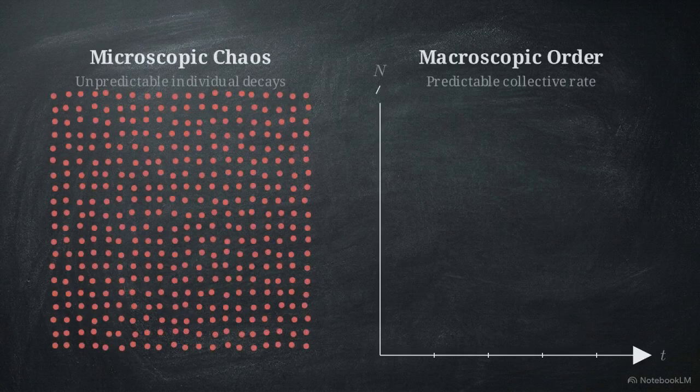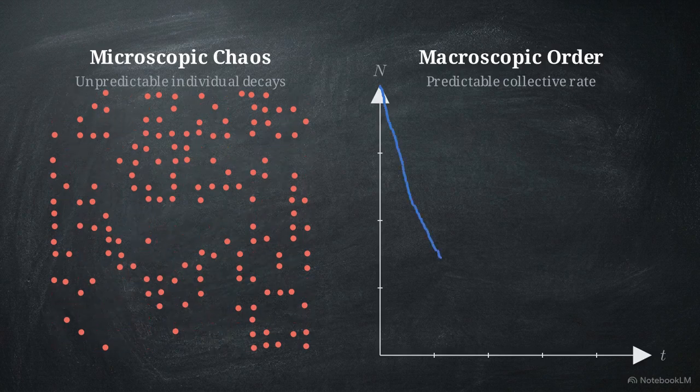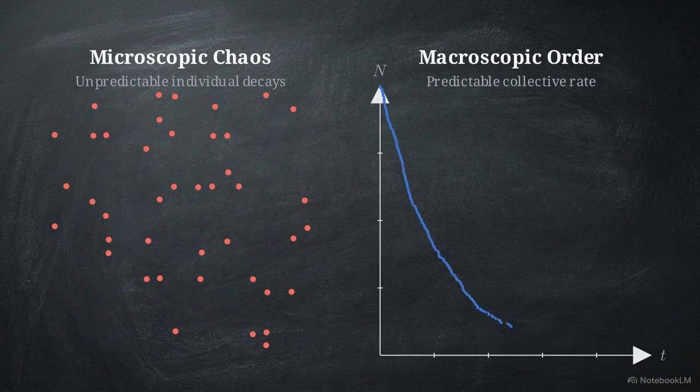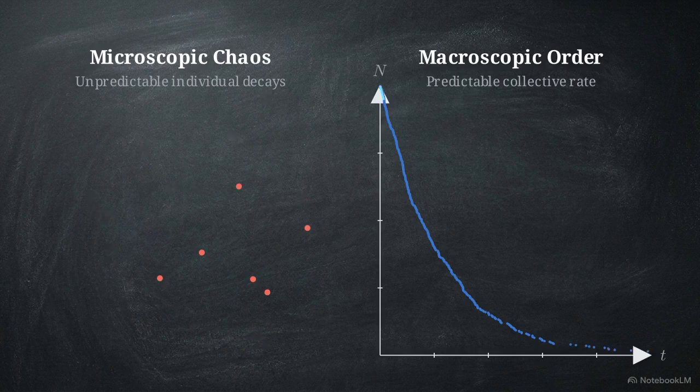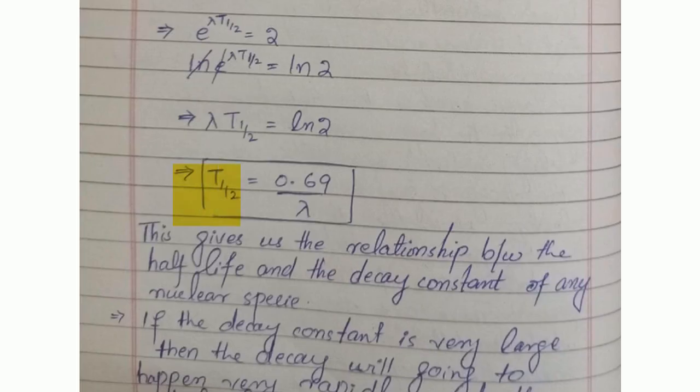But when you apply that static probability to billions of atoms simultaneously, the chaos averages out. Those erratic, individual quantum leaks form a highly predictable, smooth, exponential decay curve. This chart shows the mathematical decay of an isotope over time. Through a direct algebraic derivation, this exact curve yields the standard measurement we use in applied physics, the half-life.